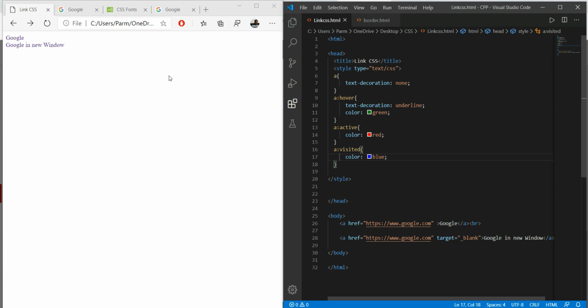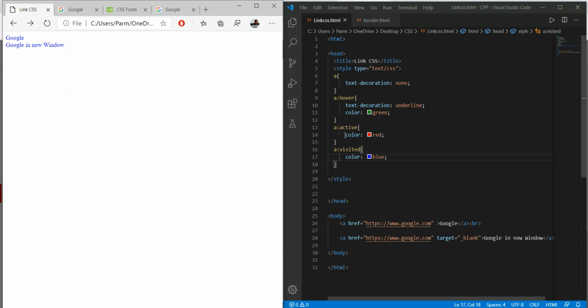Save this and refresh. Now, as both the links were visited previously, we have clicked on both of them, so their color becomes the visited color.